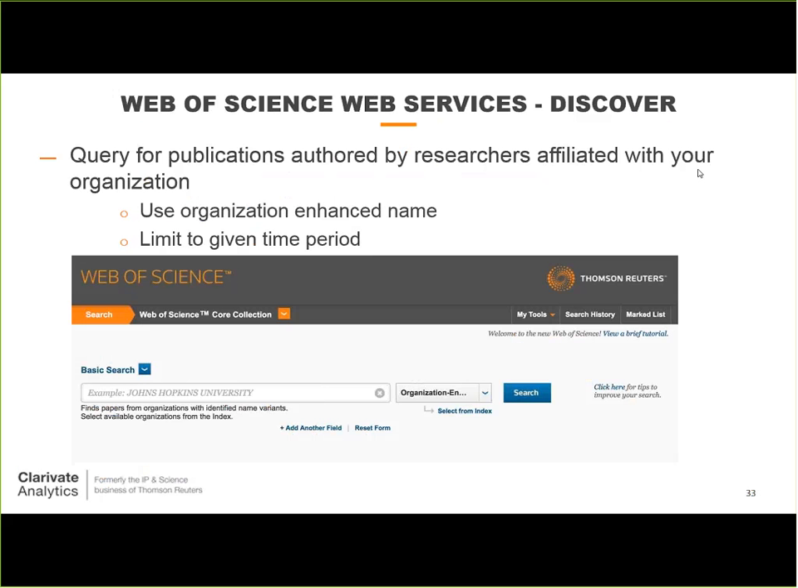Let's talk a bit about Web of Science web services. So you can query publications authored by researchers affiliated with your organization, for example. And for that, you can use organization enhanced name and limit to a given time period, for example. So first of all, let's clarify what is organization enhanced. So organization enhanced is